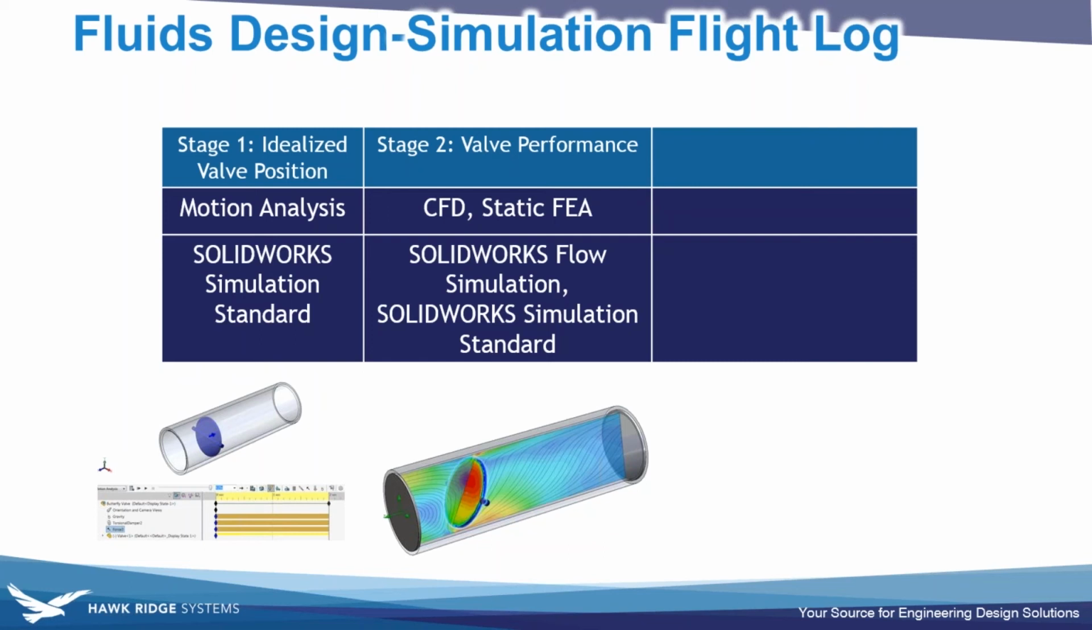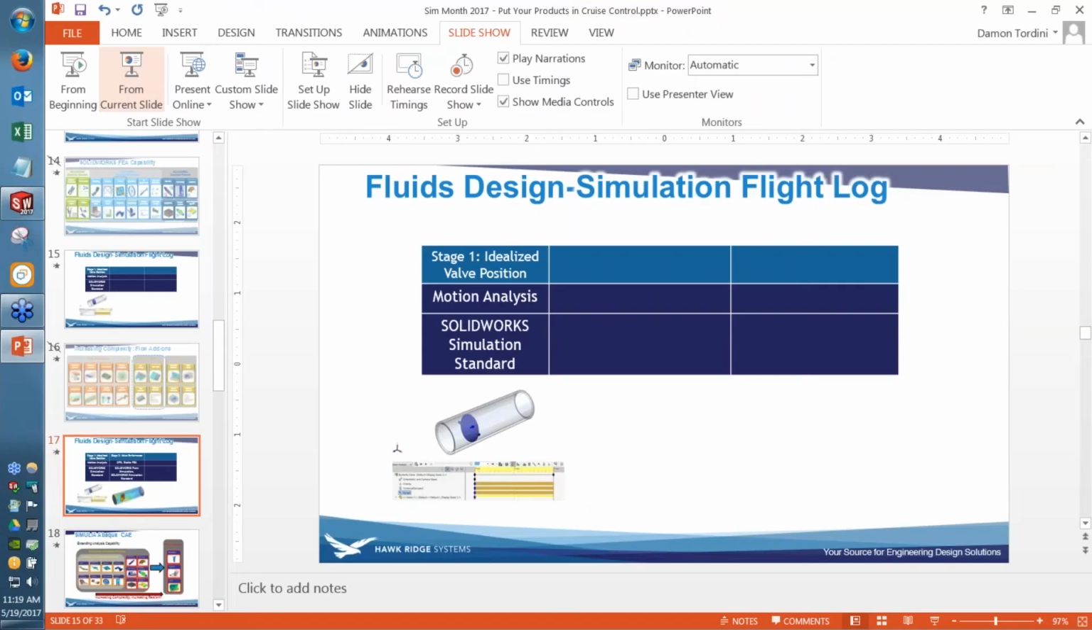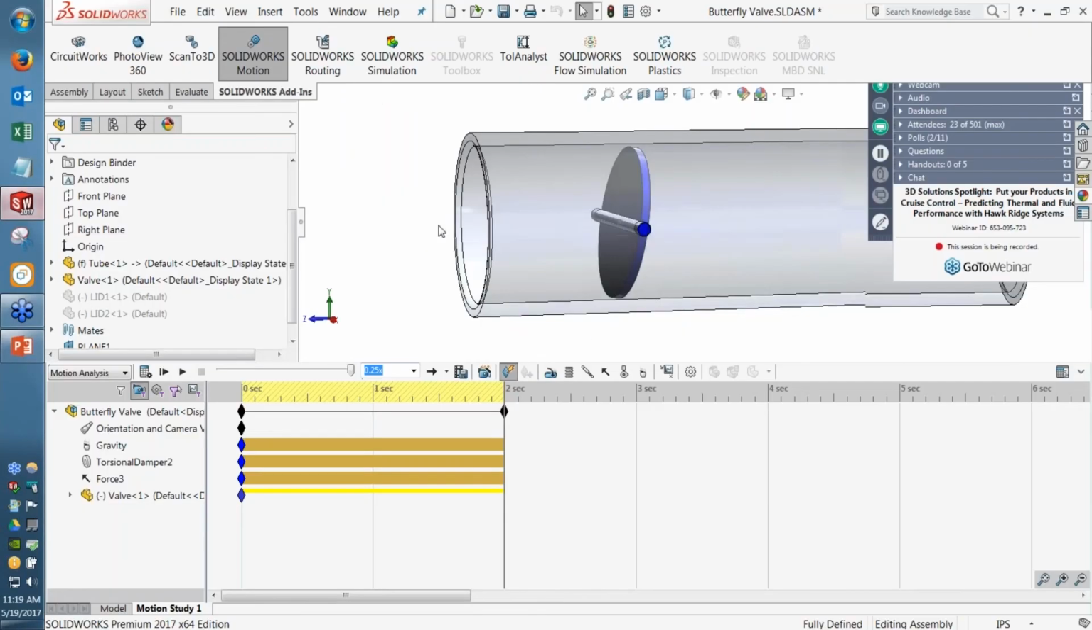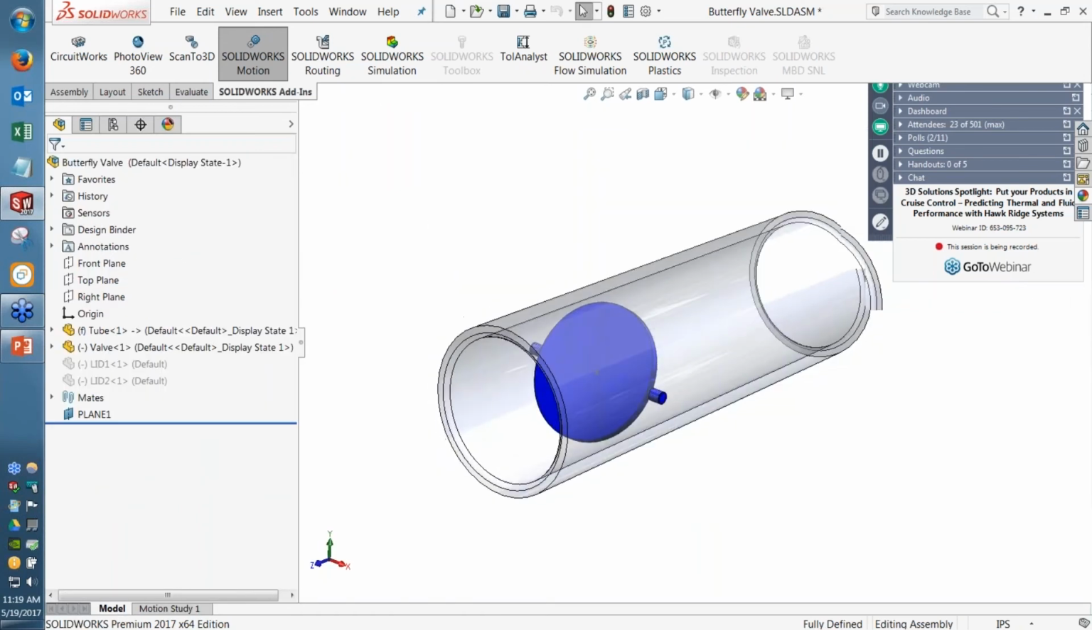So to evaluate the valve performance, there's probably two main things I want to know. What's the actual flow rate of the water flowing past the valve, depending on what position it's in? And how is the valve and the tube going to deform under the pressures from that water? Is it possible that the valve would break in a particular situation? Well, we can answer both of those questions using SOLIDWORKS Flow Simulation, which is the built-in CFD tool, and again